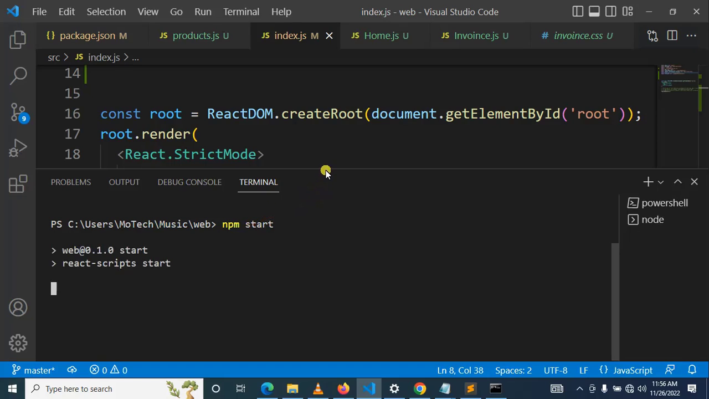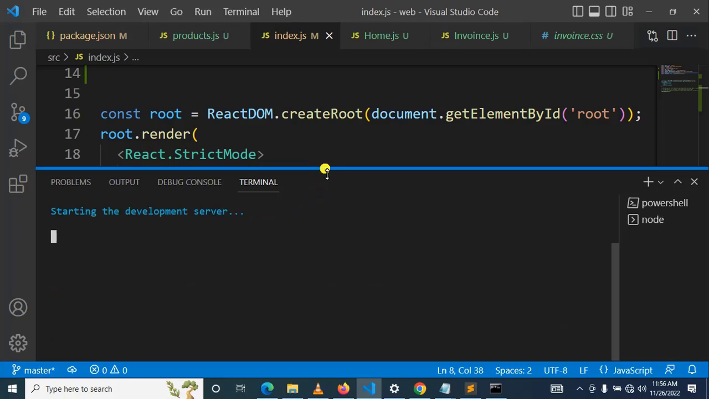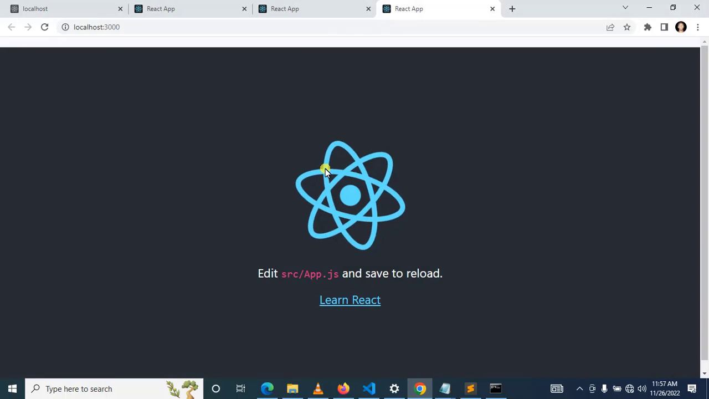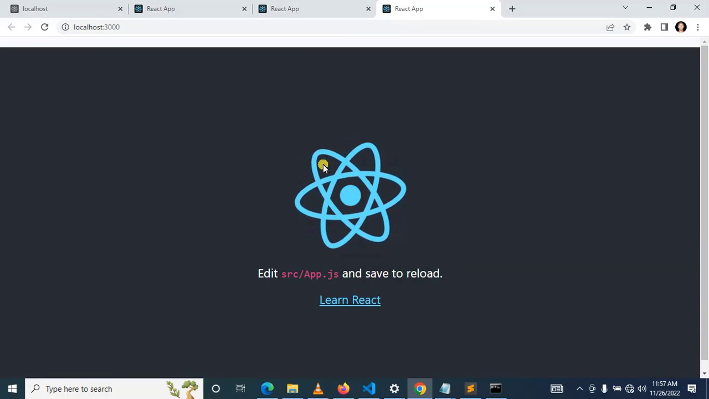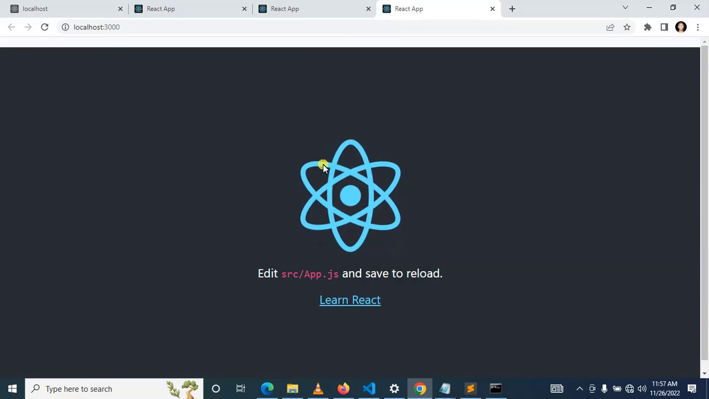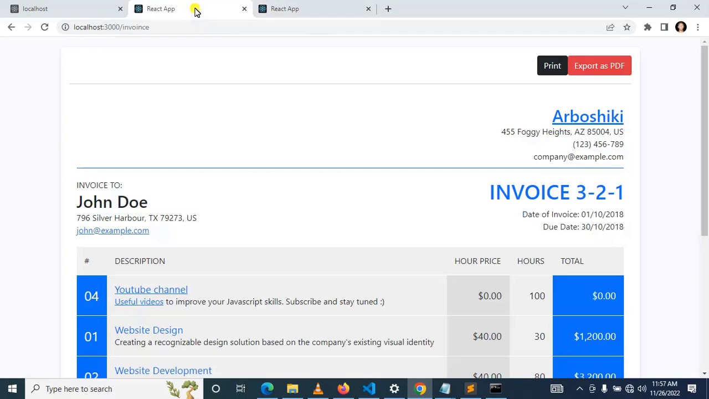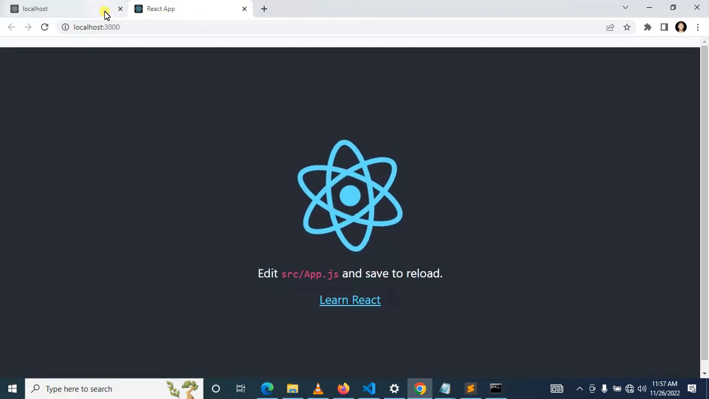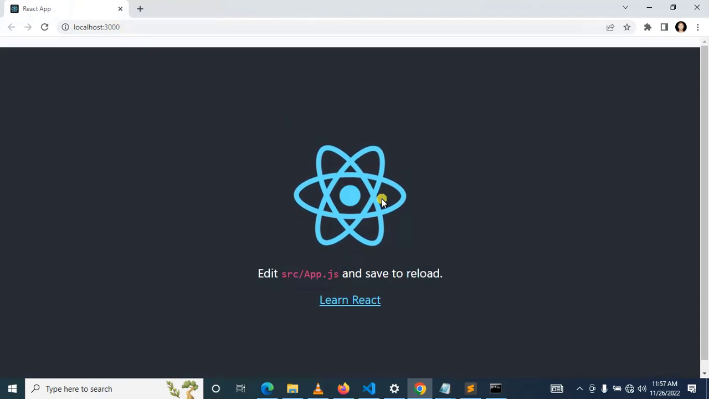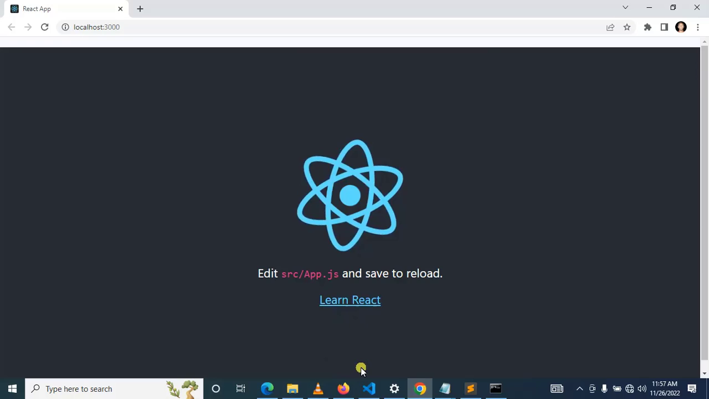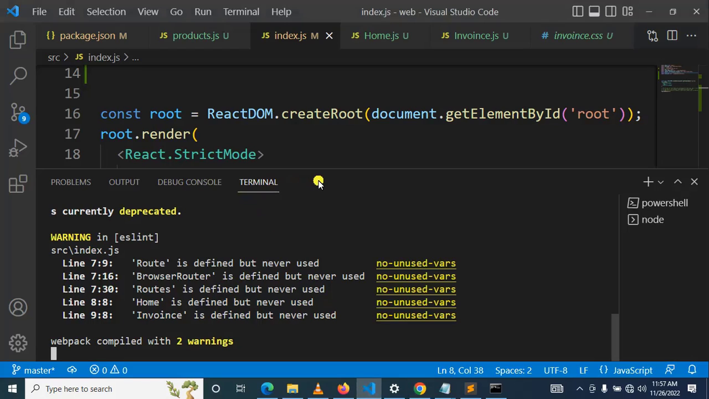Okay, we need to run this, so this is our React.js. I hope if you were able to successfully install React.js on your computer, it is running like this. Okay, so that's perfect. So after that, what we needed to do here,